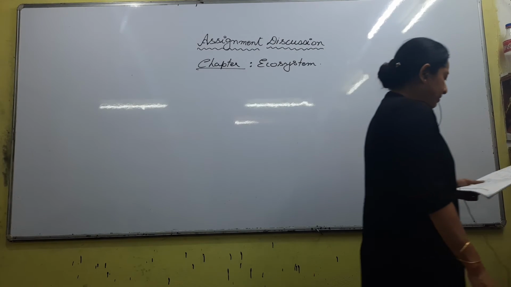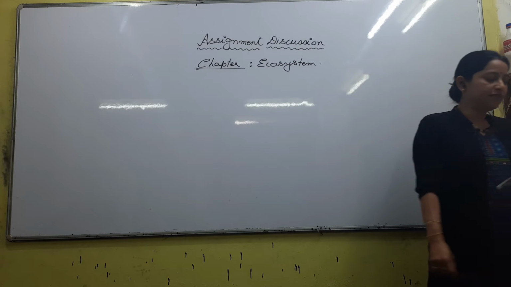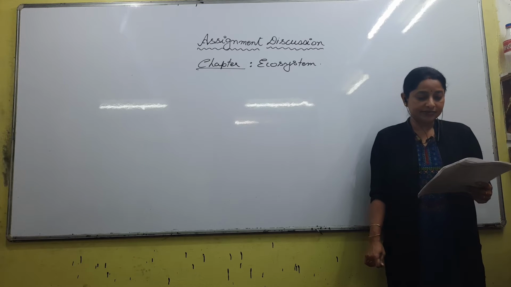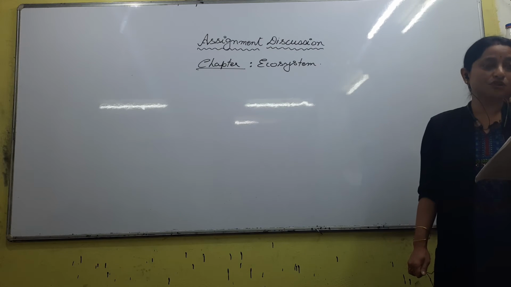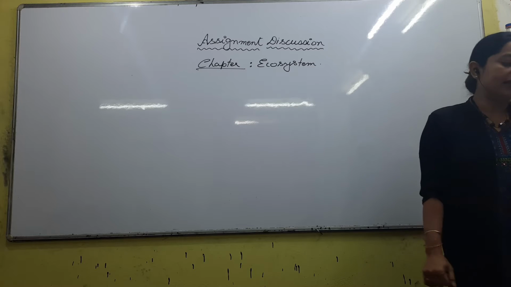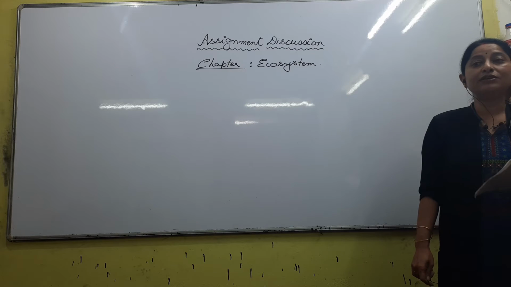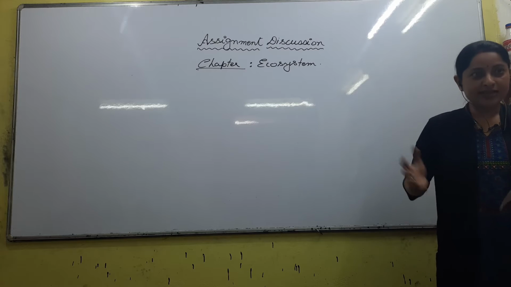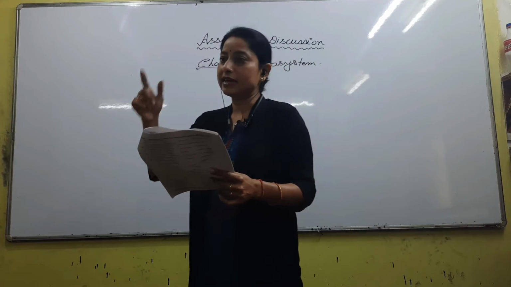Next one, 33 is C. In the diagram, different pyramids are shown. Which one of the pyramids is a number pyramid in a temperate forest? It is C. The question mentions a tree ecosystem. So you have the tree as a producer, right? The question also talks about the climate, the summer season. In the summer season the number of trees will come down, meaning lessening of the number. So let us write this down.